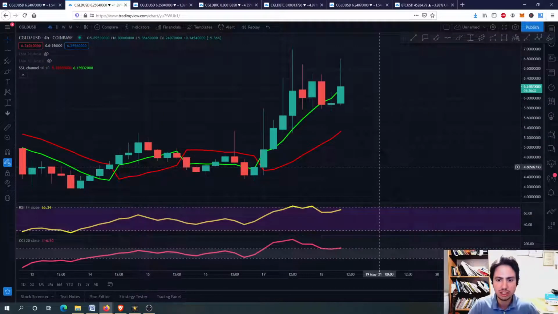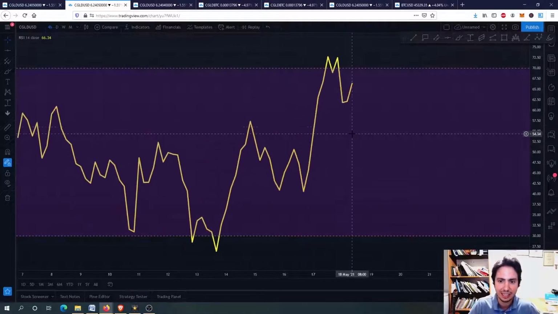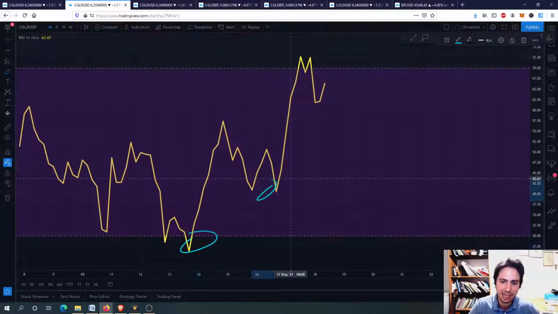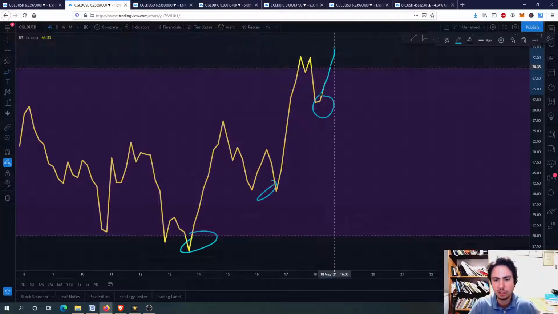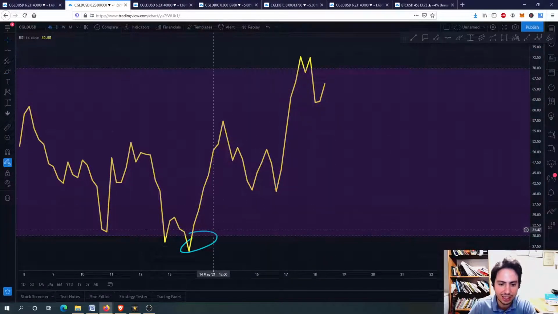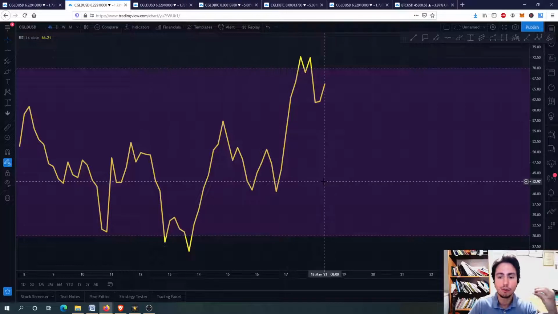So let's go now to CGLD against USD, sorry guys, for the RSI and the Commodity Channel Index. Now what we want to see and what we want to keep is higher highs for the 4-hour frame, eventually going above the 70 again for the RSI in the 4-hour frame, but more importantly we need to see higher lows and higher highs for the daily frame.